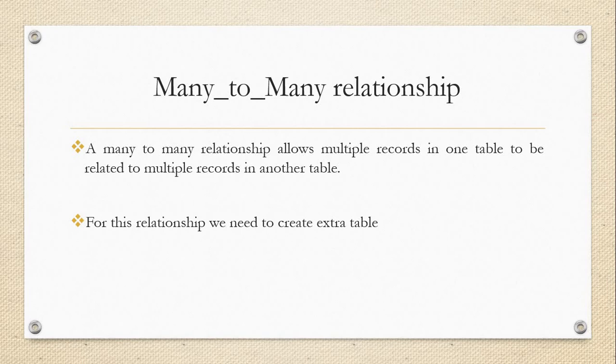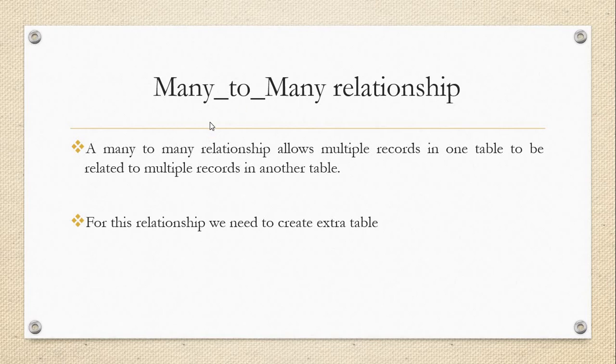Just make a note of the many to many relationship, and while performing that operation, we need to understand one concept. While creating a many to many relationship, one additional table will be created, and the schema will create that table automatically. In that, the primary key of the first table and the primary key of the other table will be combined, and they will create a composite primary key. Let's do that. Just make a note of that.